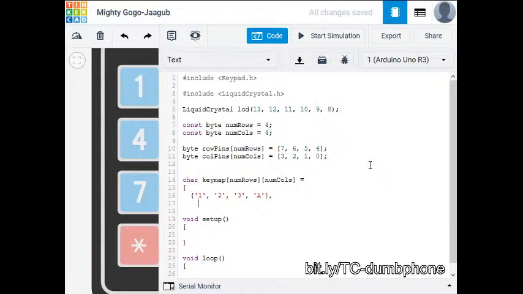Anyway, where was I? Yeah, so we're on the next line. I'm going to start with an open curly bracket, and we're going to repeat our pattern, but this time it's for the second row. So apostrophe, letter, apostrophe, comma, space. Apostrophe, letter, which is 5, apostrophe, comma, apostrophe 6, apostrophe, comma, apostrophe B, apostrophe, and no comma, because this is the end of the row. So we show the end of row with a closed curly bracket, and we move on to the next row with a comma,